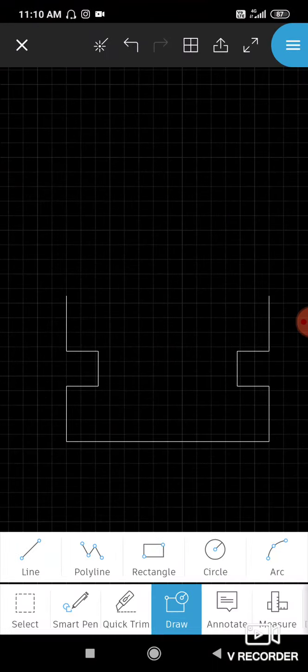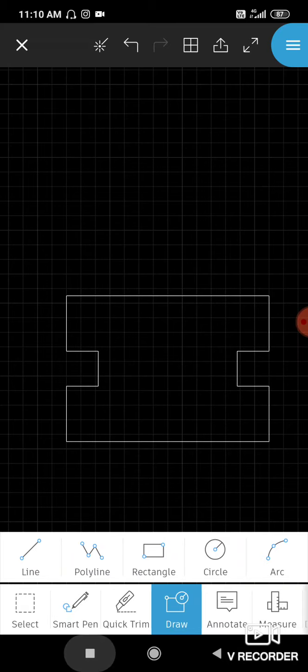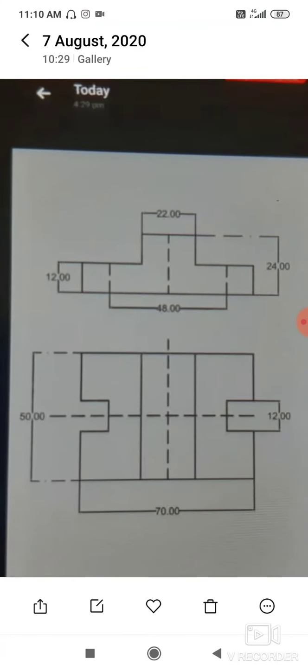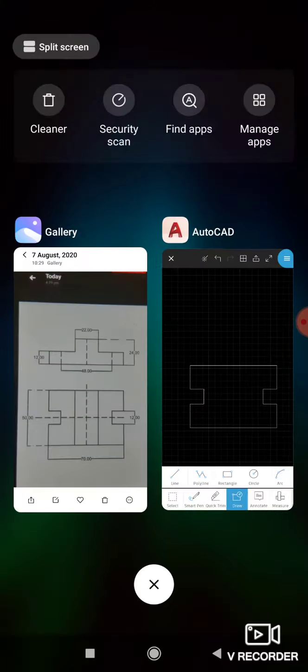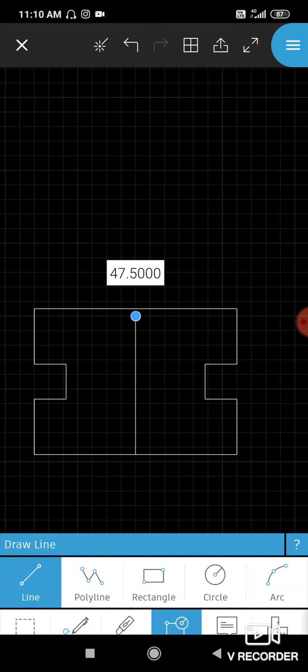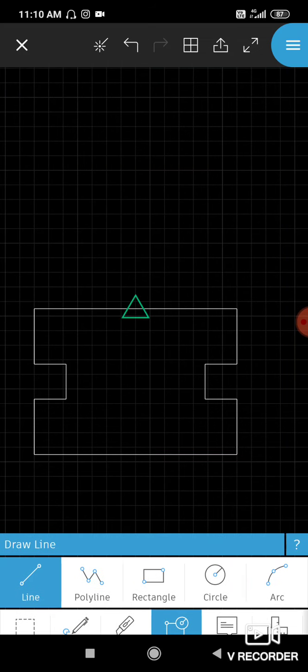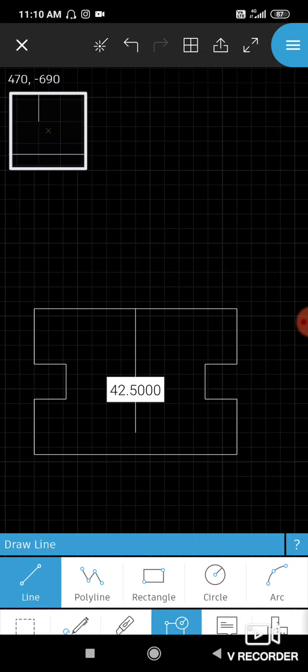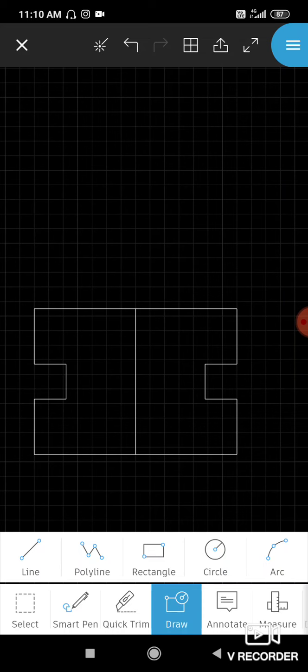Now join these two again with the line command, done. As you can see, there are two lines in the middle, so first of all draw a center line for this diagram. Center line, done. This is the center line.